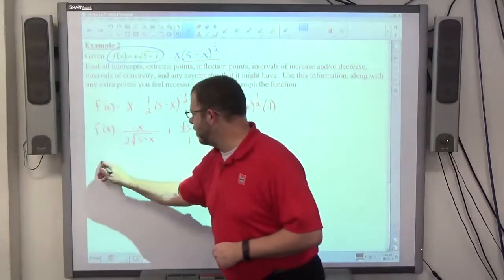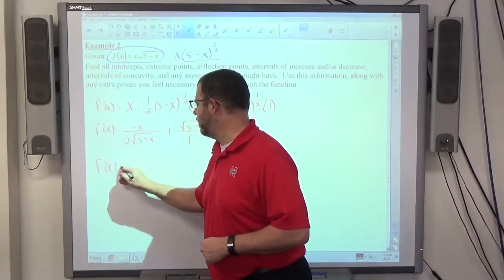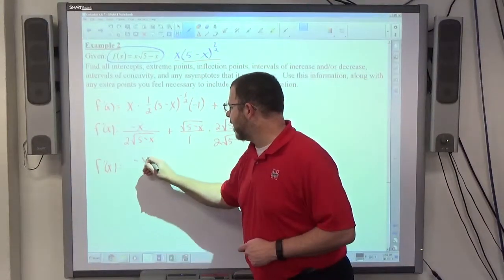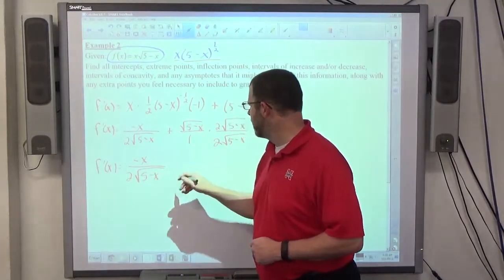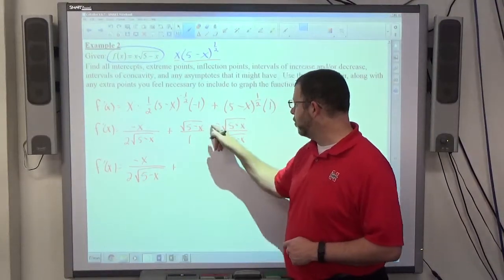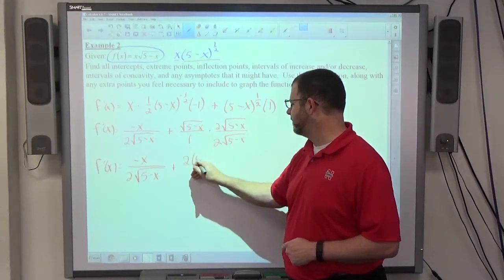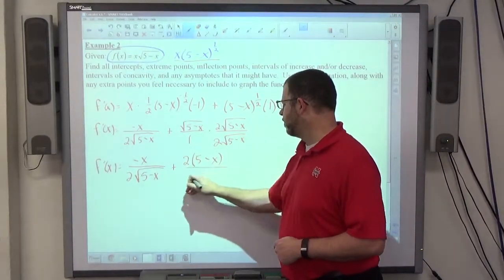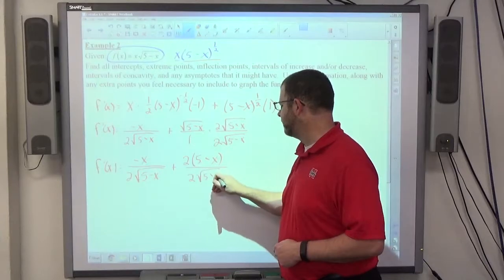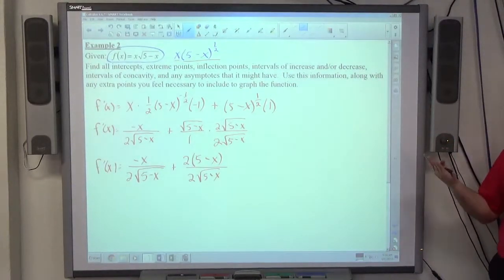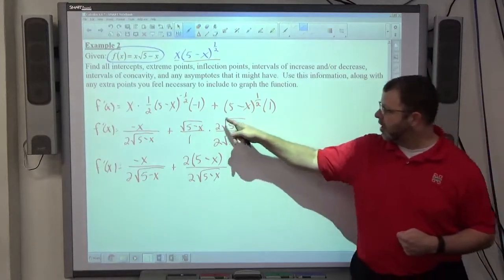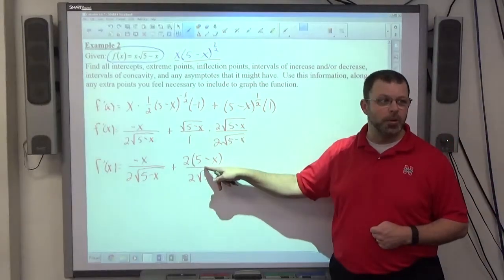So if I continue to simplify this, f prime of x equals, I'm going to get negative x over 2 times the square root of 5 minus x. And then on top, I'm going to get 2 times 5 minus x over 2 times the square root of 5 minus x. Just creating a basic common denominator there. Square root of 5 minus x times itself on top here just creates a 5 minus x with no radical